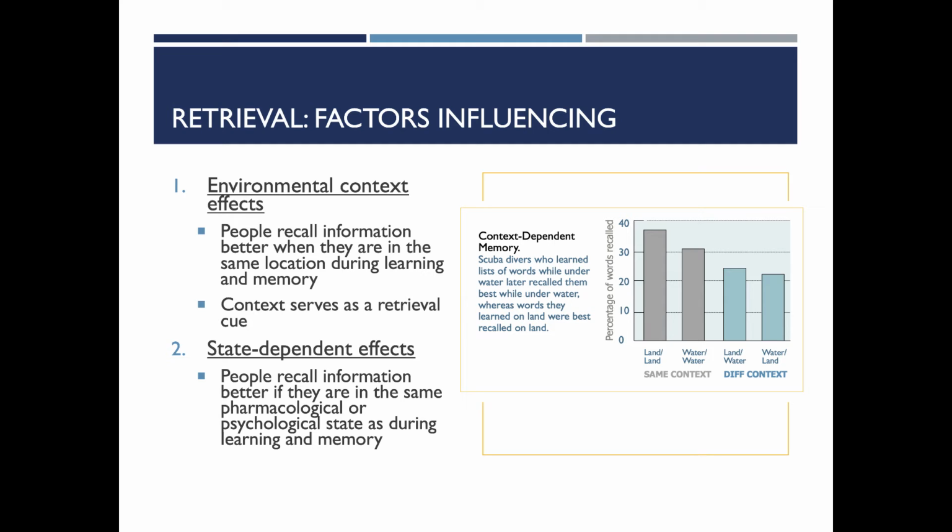So the first bar shows you when they studied on land and took the test on land. The second bar, they studied underwater, took the test underwater. And the third bar is when they studied on land and got tested underwater. And the fourth, they studied underwater and then got tested on land. And you can see that memory was better. There was close to 35 percent on average better retention of the information from the same context